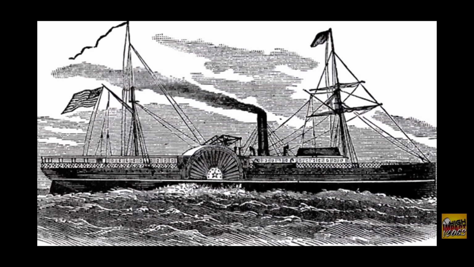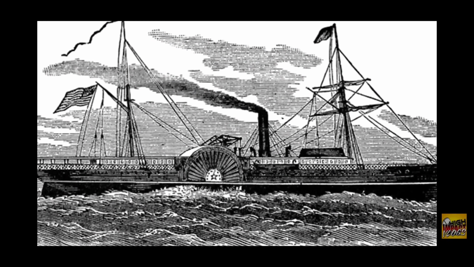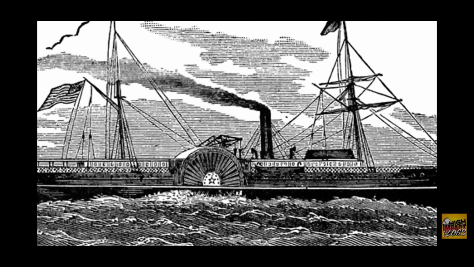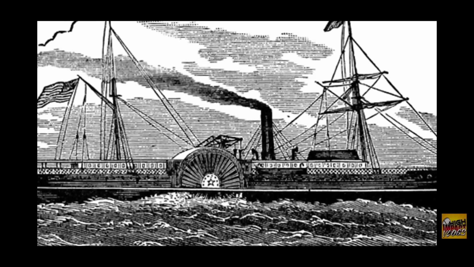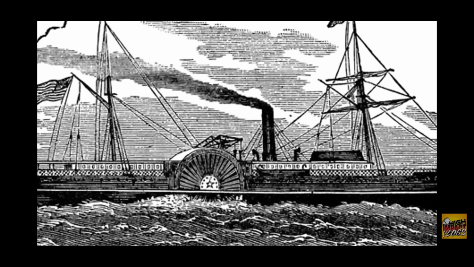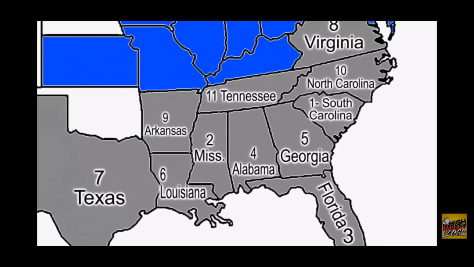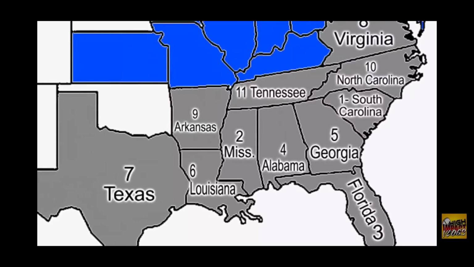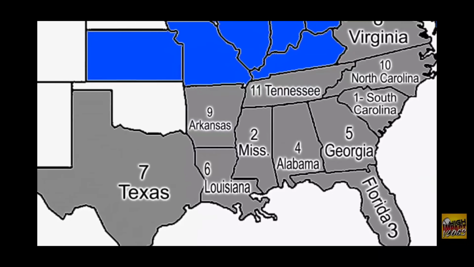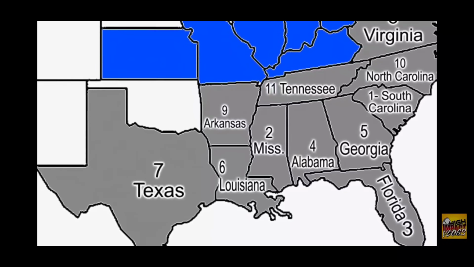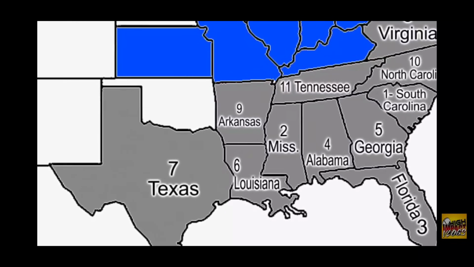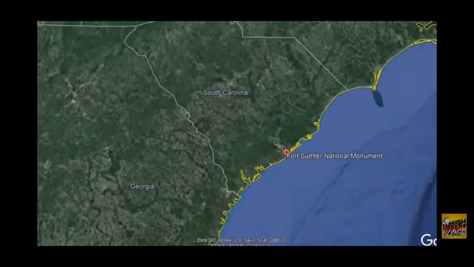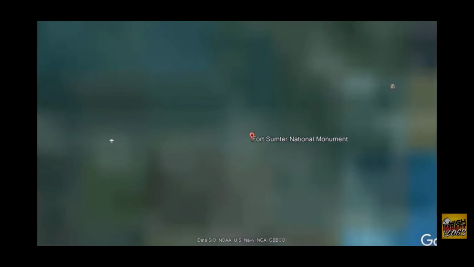The Union attempted to resupply Fort Sumter on January 9, 1861 with the ship Star of the West, but was fired upon by the cadets at the Citadel and returned unsuccessful. This prompted Mississippi, Florida, Alabama, Georgia, Louisiana, and Texas to secede within the following 3 weeks, and the Confederate States of America was formed.